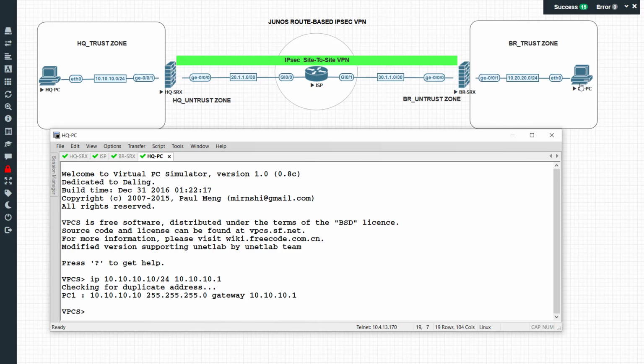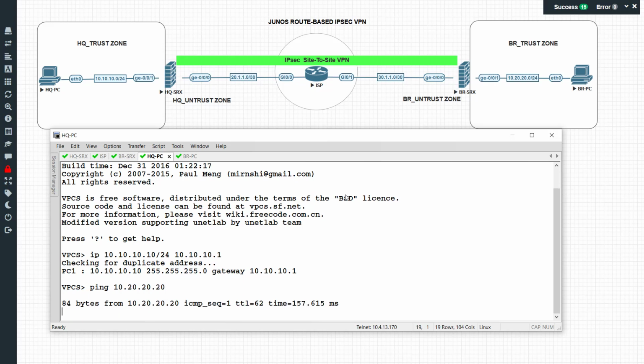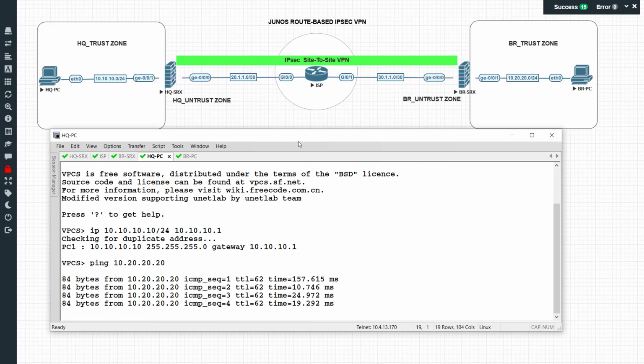Alright, and the branch PC should be IP 10.20.20.20/24 with gateway 10.20.20.1. Now let's try to ping from the HQ PC to the branch PC 10.20.20.20, and you can see we have the communication,